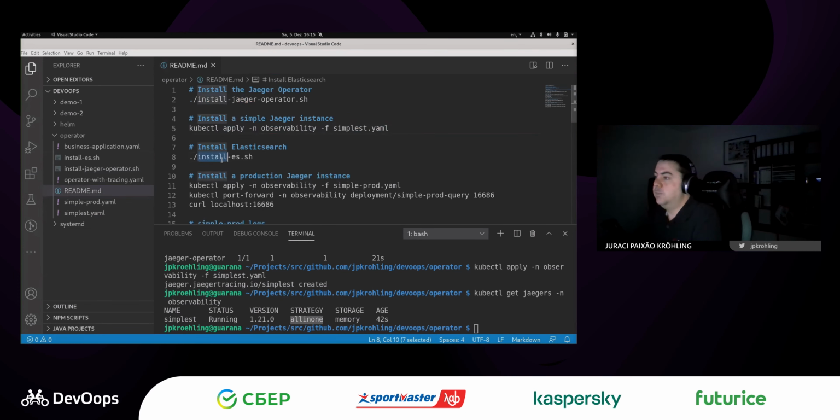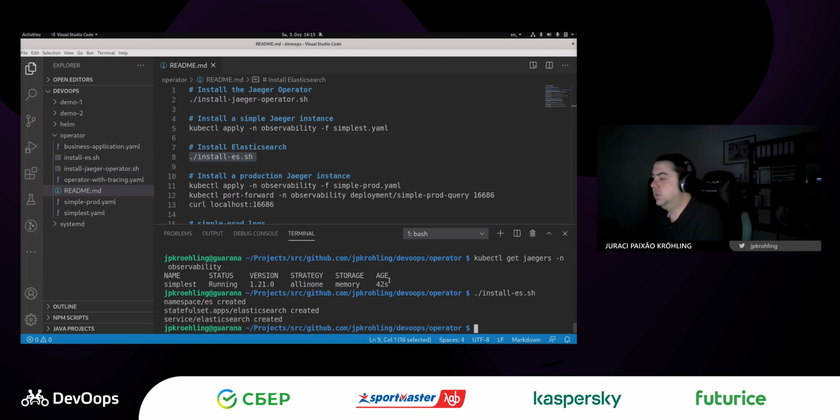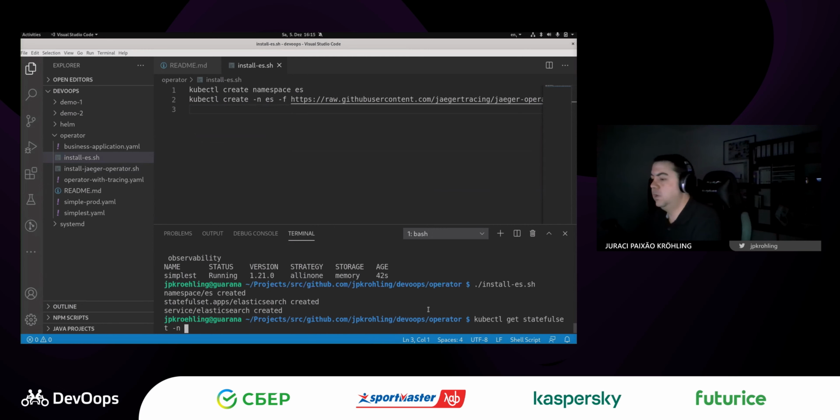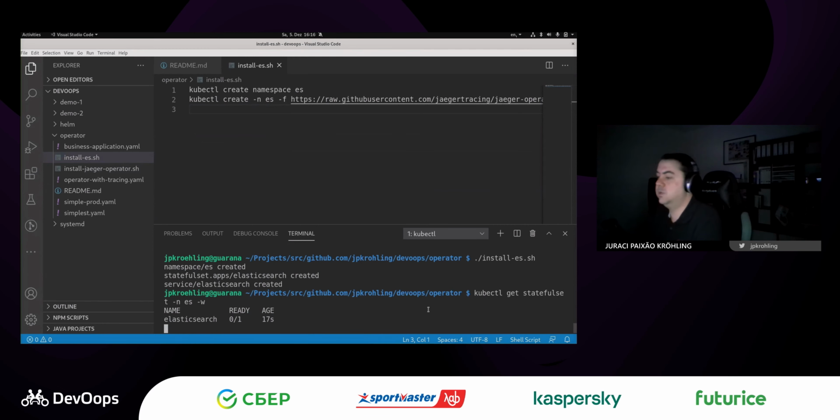But that's, of course, not something that we want to do for production, so we can just install an Elasticsearch instance. Let me show you what it does, but we can also watch the progress of it. So kubectl get the stateful sets from the namespace elasticsearch watch. All right. So kubectl create namespace elasticsearch. So that's our install ES shell script. And the only other thing that it does is it loads a